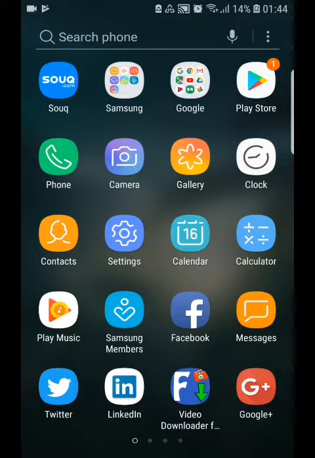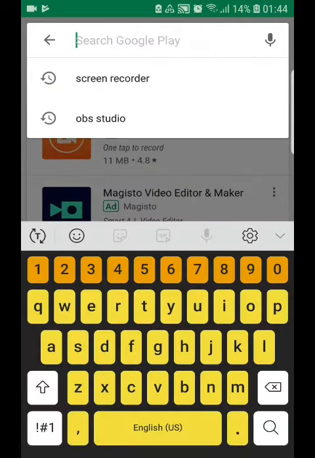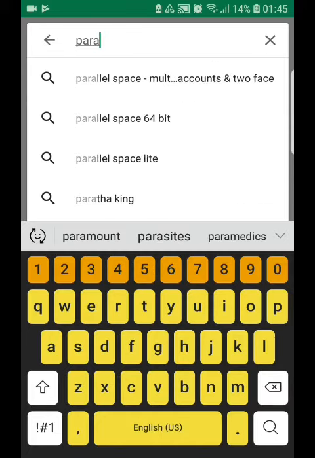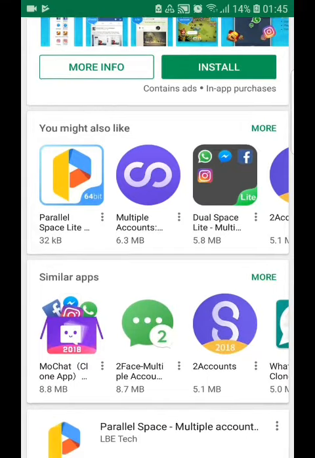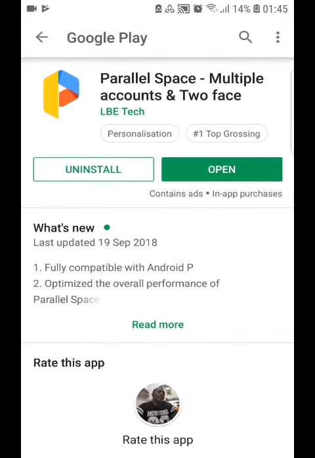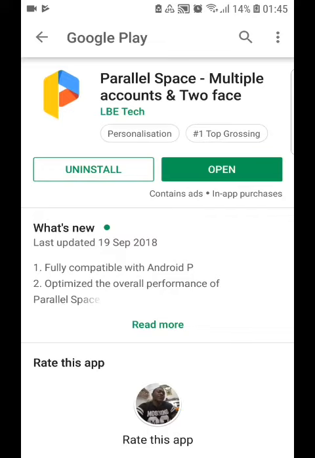So you're going to start first by going to the Play Store. From Play Store you type Parospace. So you see Parospace. This is it. You can as well download this one. I already downloaded mine. Yeah, that's my own. Then you open after downloading,